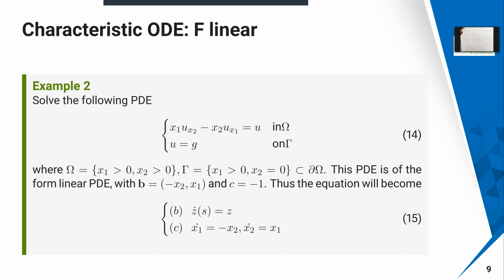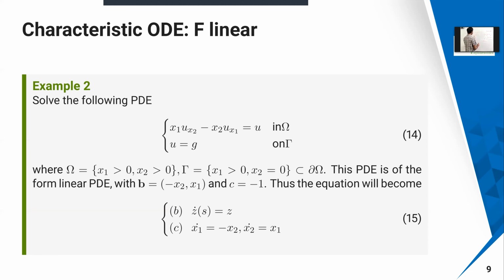This PDE is a linear PDE because it just has linear coefficients. Here we have to identify what b of x is, because I have to write the equation in this format. So I can write it as minus y comma x dot u_x, u_y. Then you get minus y into u_x plus x into u_y.